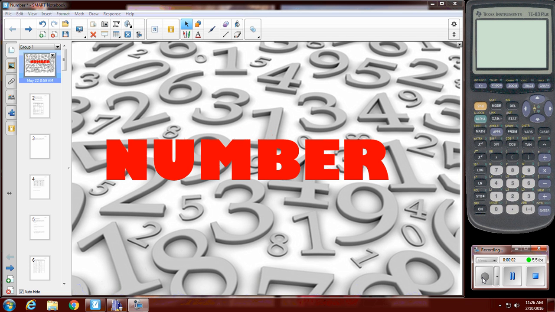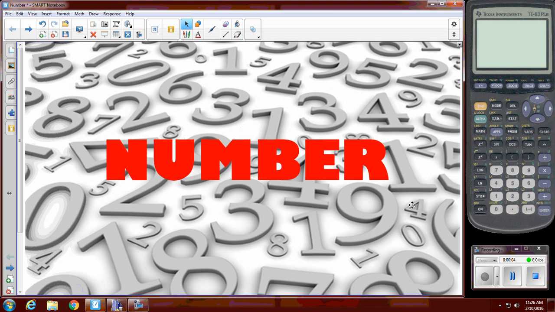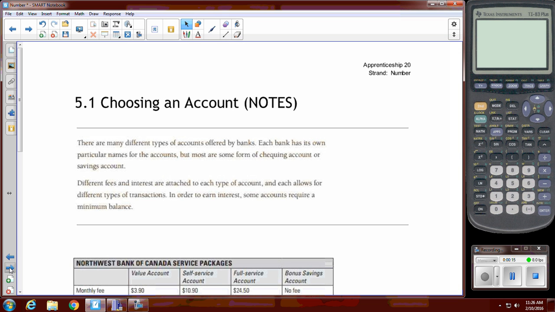This is the first lesson for the Math 20-3 curriculum on the strand called number. And when we talk about number, we're going to be talking primarily about financial decisions. So we're going to be talking about money. The first lesson is going to be all relating to going into a bank and choosing the right bank account